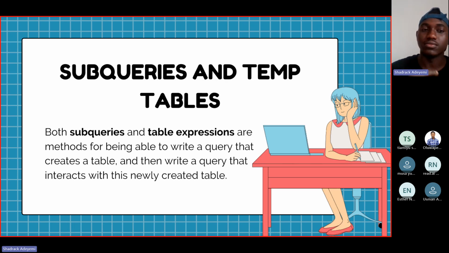So the idea behind creating a temporary table is most likely to refer to it, not to exactly store it in the database, but to refer to it for use later on. Then the subquery tool works very similarly because you would be creating a query inside a query. That is how both of them can be very similar in operation.